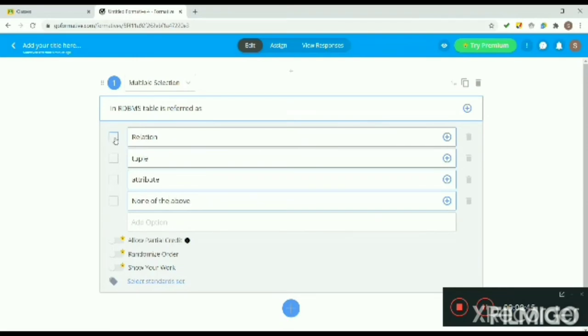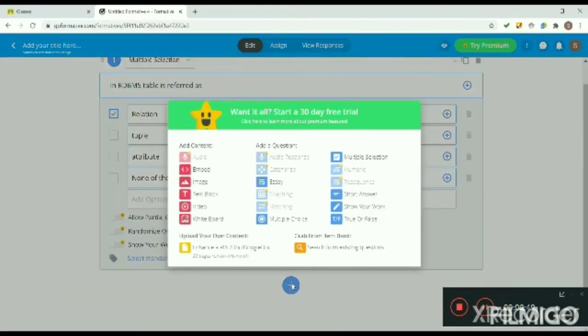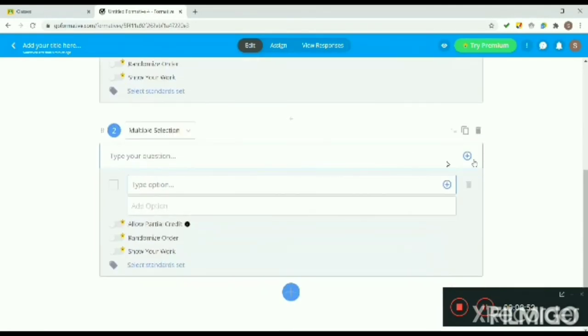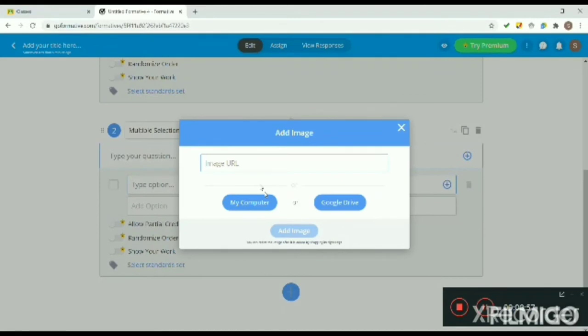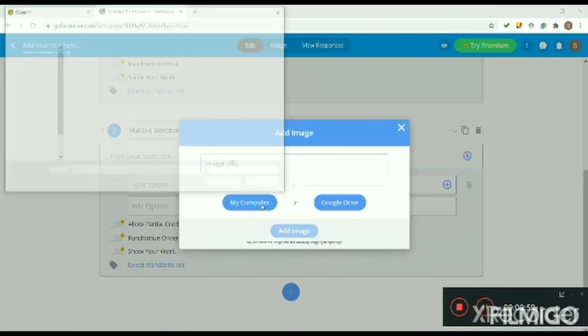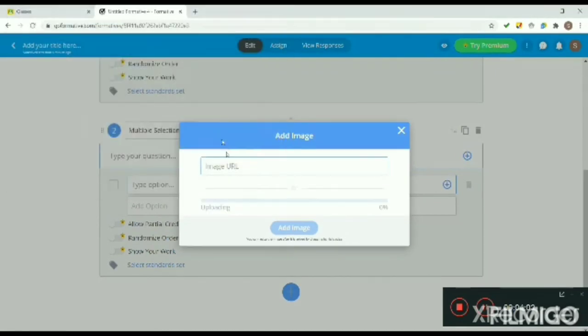I am checking the right answer. Now I am taking one more question. And this is the multiple selection. And in this question, I am adding an image. The image is already in my computer. This one,